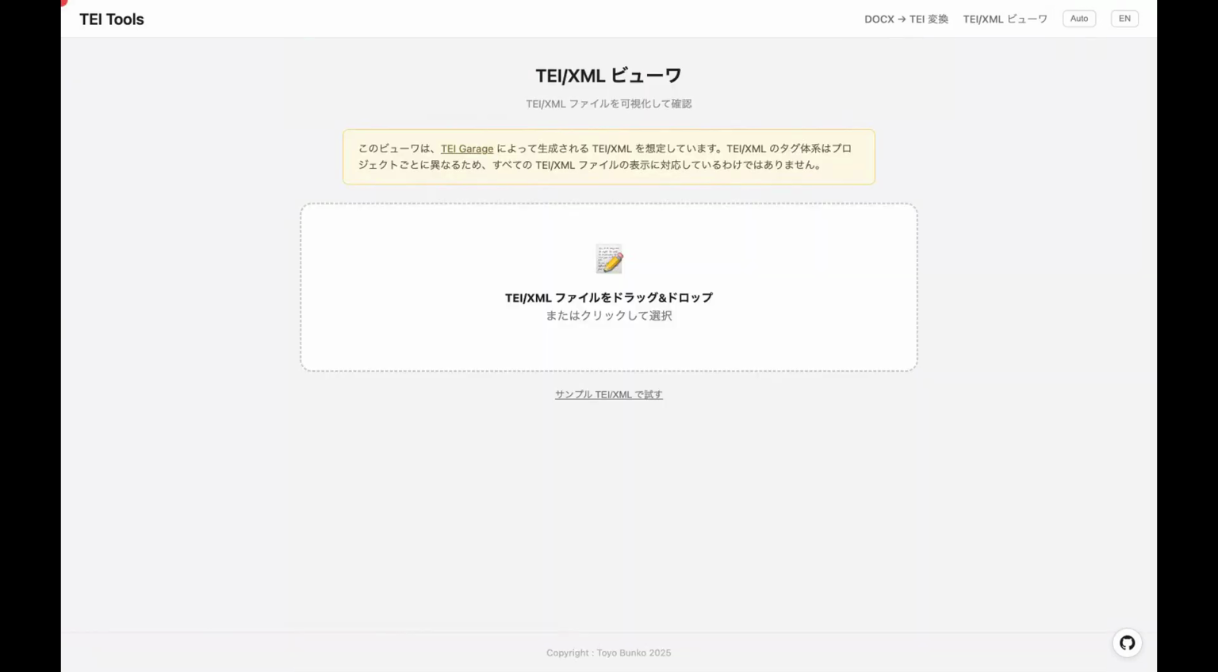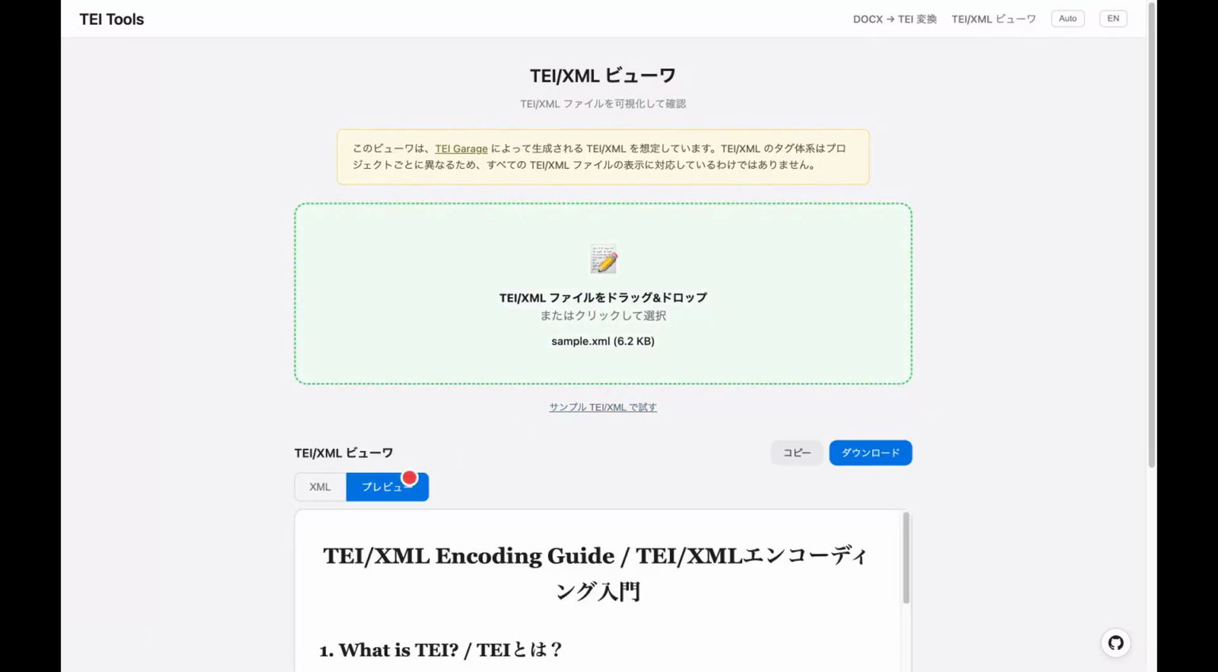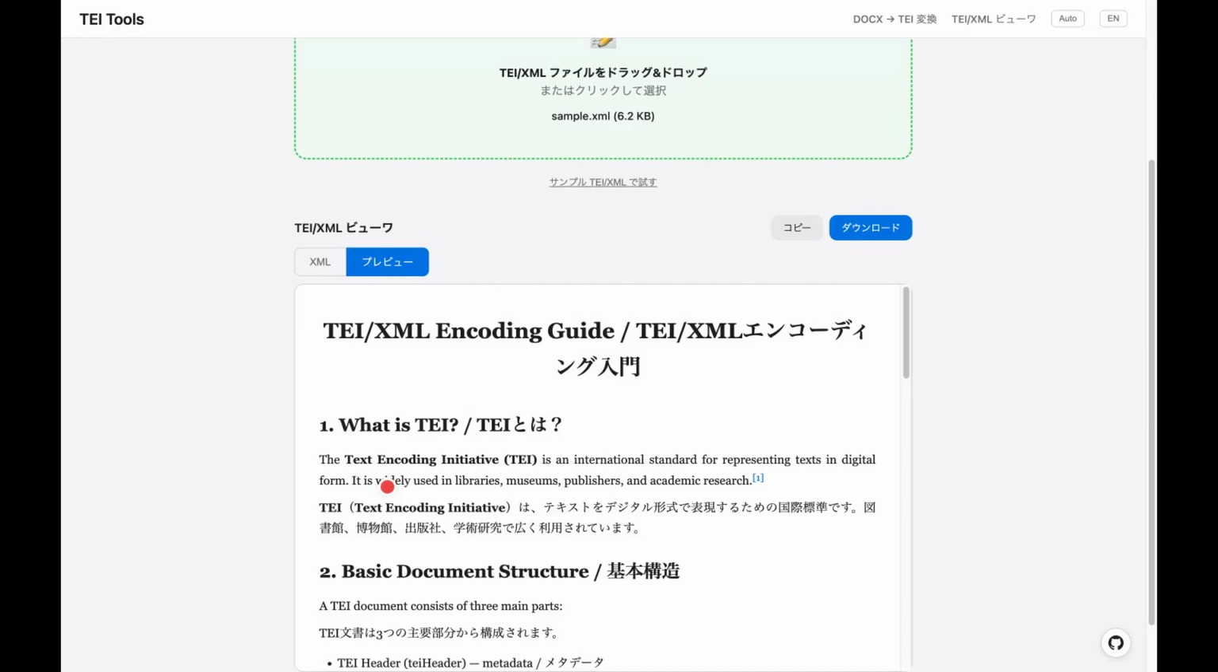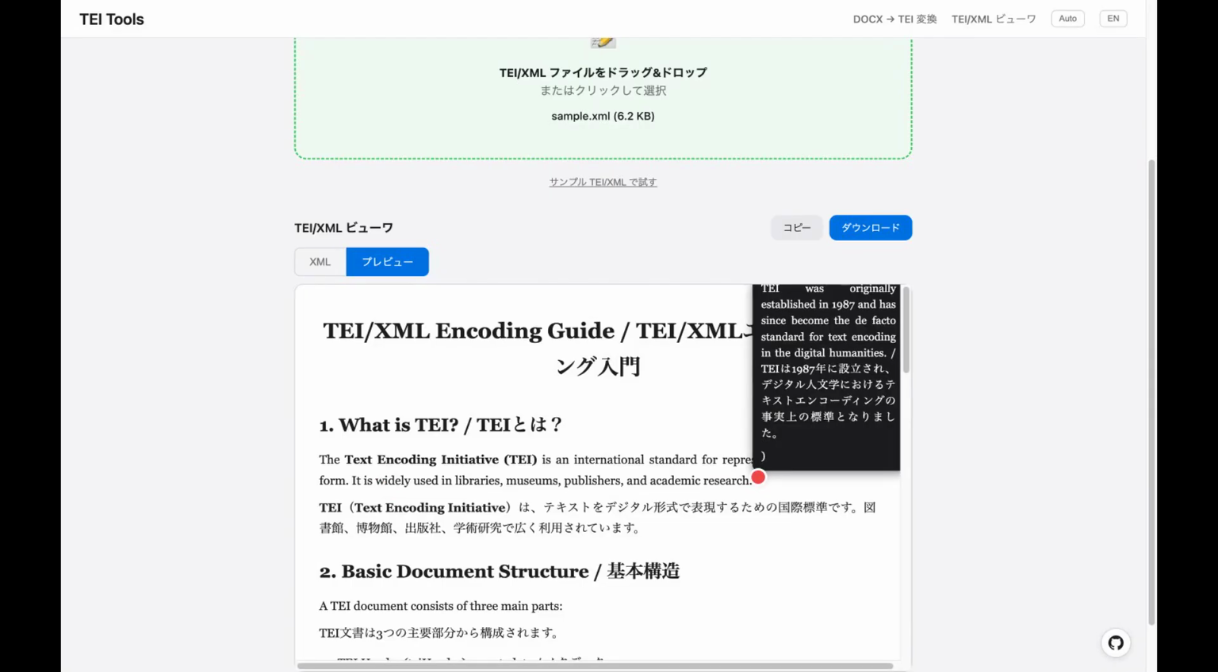The other tool is the TEI XML viewer. You can upload a TEI XML file you already have and inspect it. Here we load the sample TEI XML. Just like the conversion page, you can check the content with the syntax highlighted XML tab and the CETEIcean preview. It is handy for cases such as editing a converted TEI XML by hand and then checking that nothing is